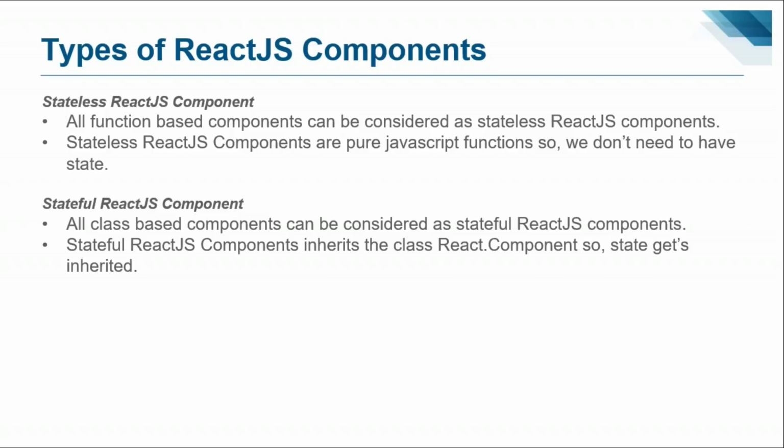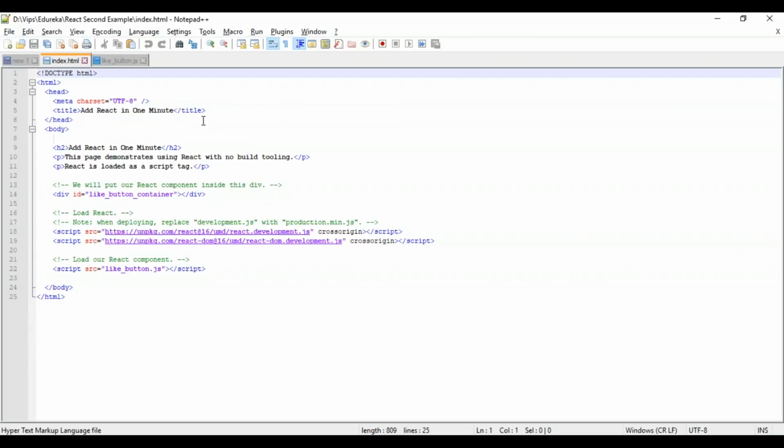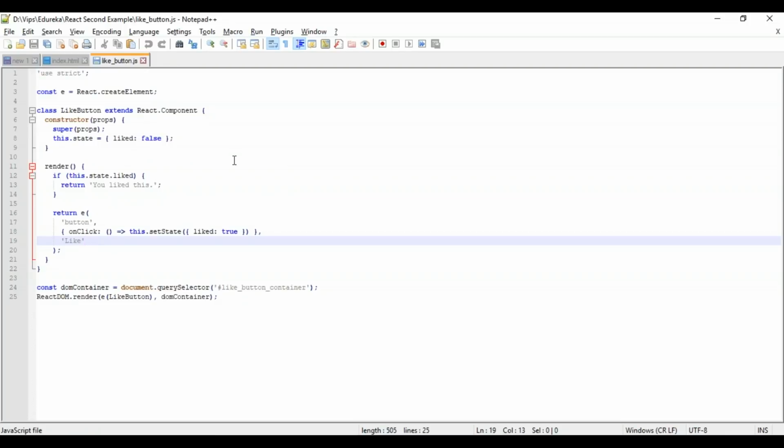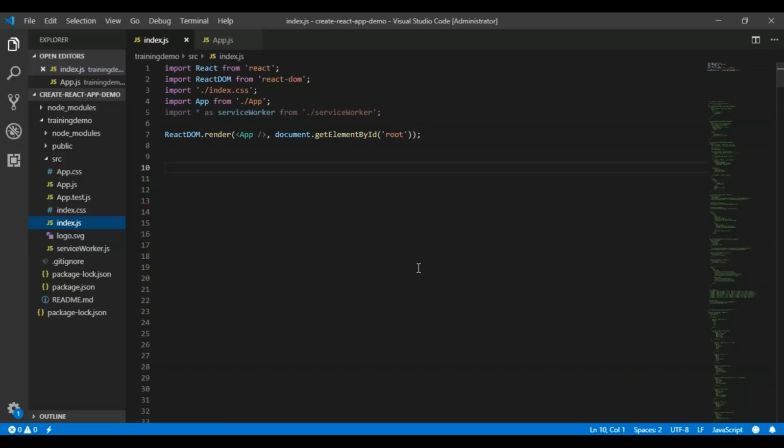Now let's move to a demo of how we can implement this kind of functionality. So this is your index.html, a simple HTML file where I am calling a script called likebutton.js by using the script tag. And in this likebutton.js script, I am using the class component and the concept of state. This is my first demo, a very simple one to let you understand how we can work with the React.js state feature. React thinks of a component as a state machine, and you can use this.state to hold the component state. So let's write this code.